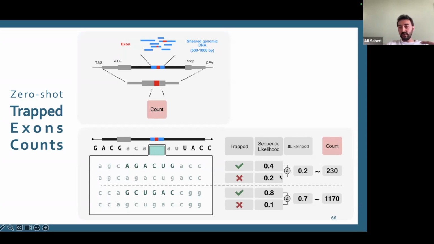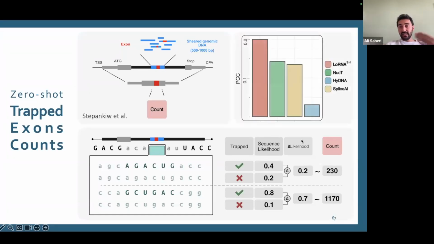And then we calculate the delta likelihood. And then we find the correlation between the delta likelihood and the abundances. And this is the correlation. And the data, we got this data from this cool research of U of T, that they performed this huge experiment, and they found more than 1 million autonomous, randomly trapped exon regions with different abundances. And this shows, again, the previous experiment and this experiment shows that the model somehow has some clues